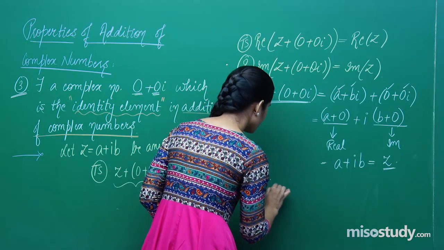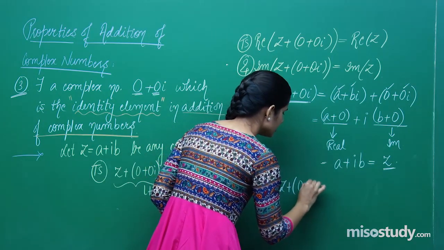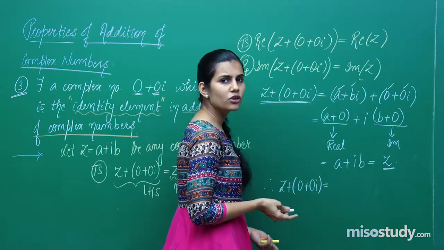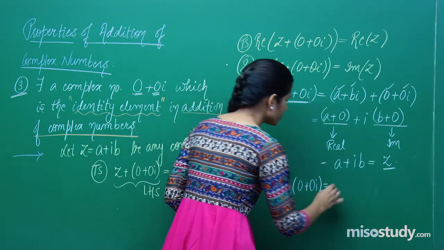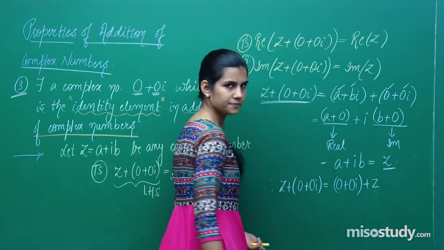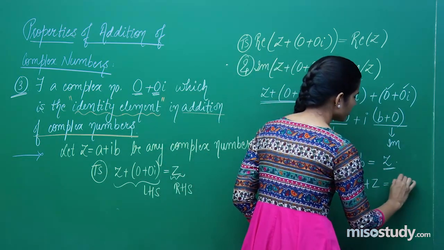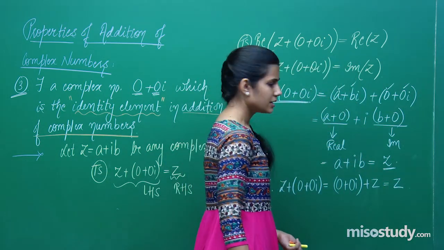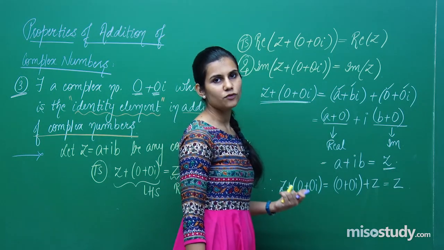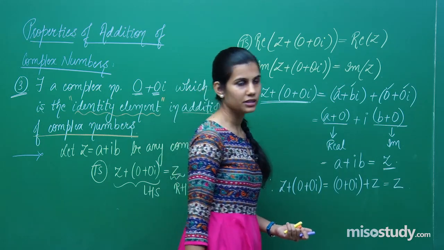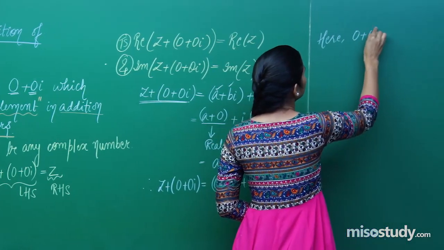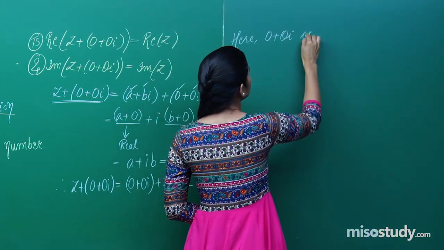So, I can say therefore Z plus 0 iota. Now, you know that Z1 plus Z2 is the same as Z2 plus Z1 because addition of complex numbers is commutative. So, this can be written as 0 plus 0 iota plus Z. These two are the same and they are equal to Z. And therefore, 0 plus 0 iota is the identity element in the set of complex numbers with respect to addition operation. And we say here 0 plus 0 iota is called